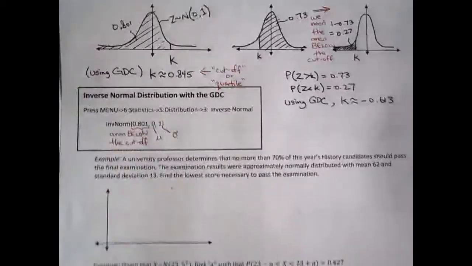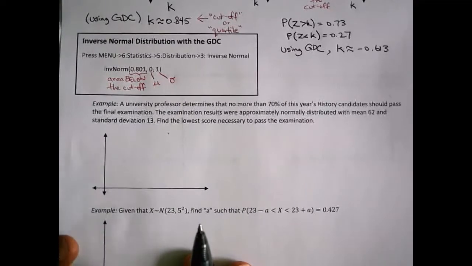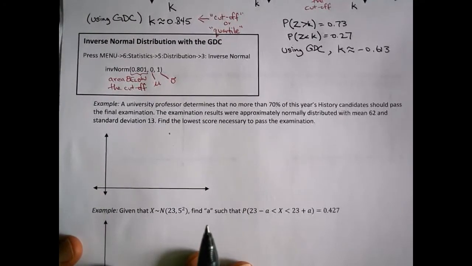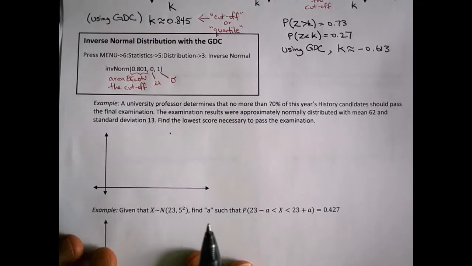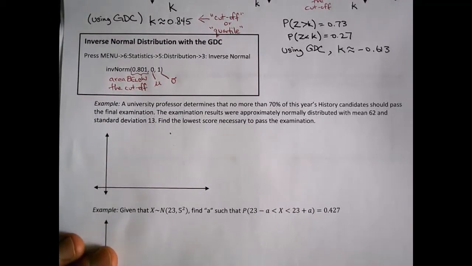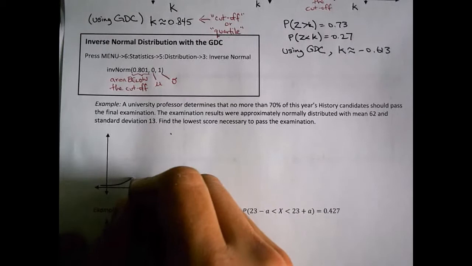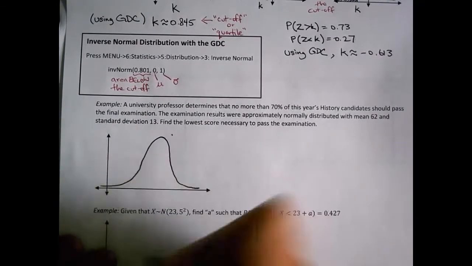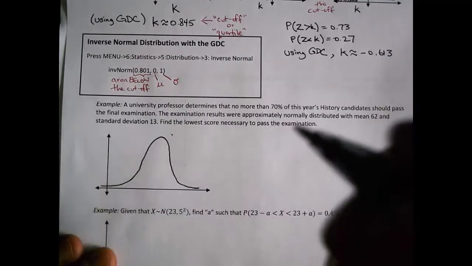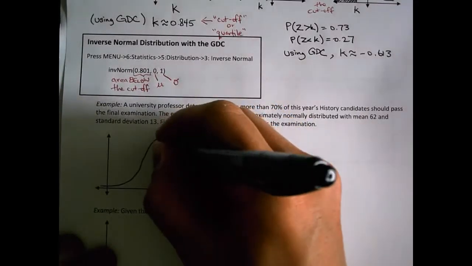Okay, let's do a question with real numbers. A university professor determines that no more than 70% of the year's history candidates should pass the final exam. The exam results were approximately normally distributed with a mean of 62 and standard deviation of 13. Okay, so we're gonna draw this. This is our normal distribution. This is really mean for the professor to do. They know the mean of the